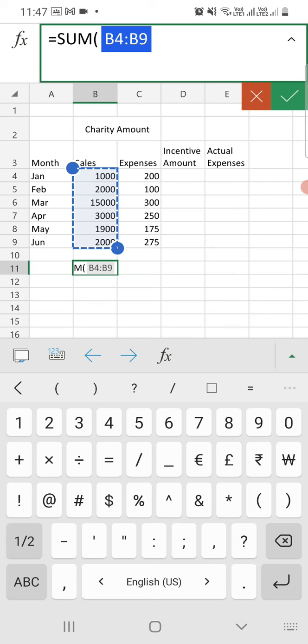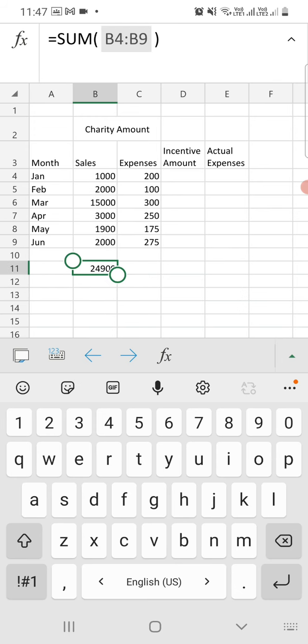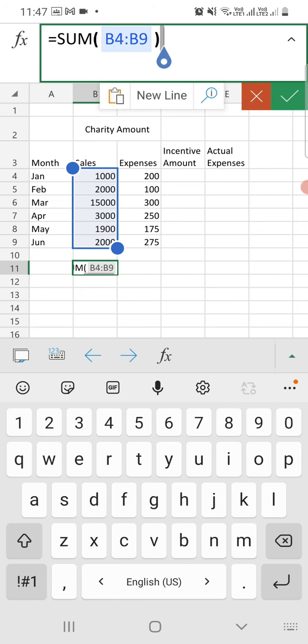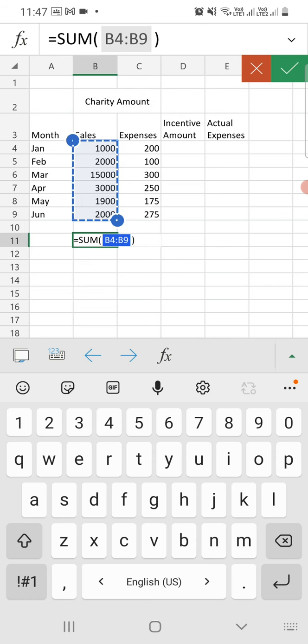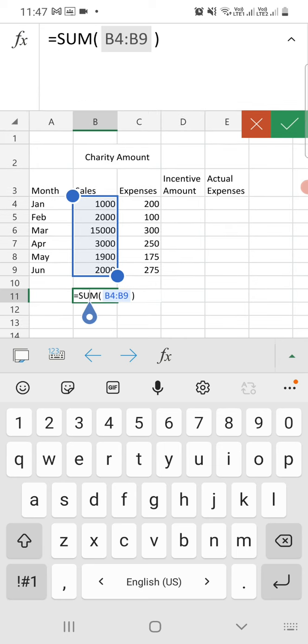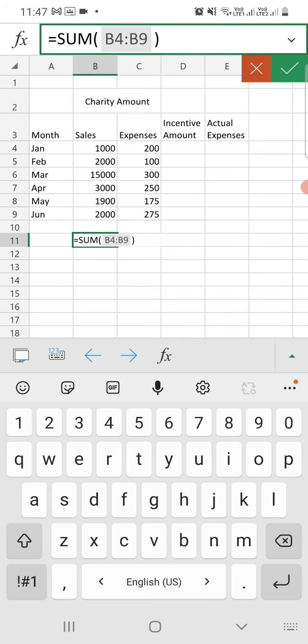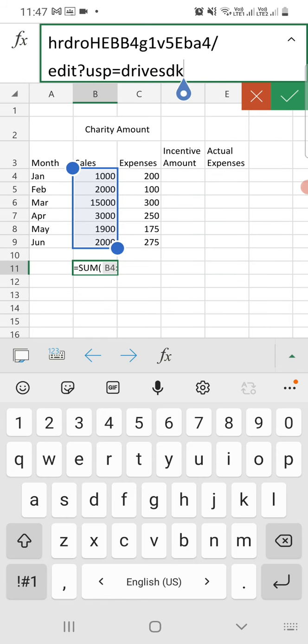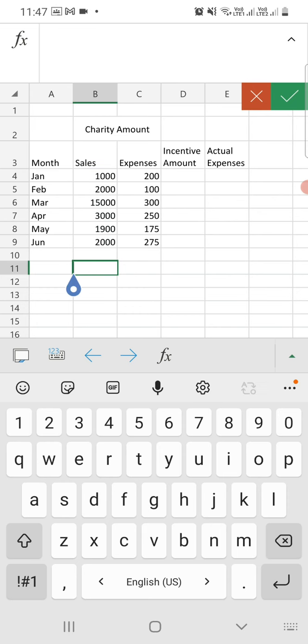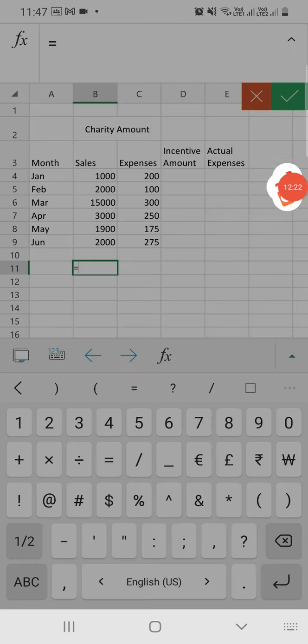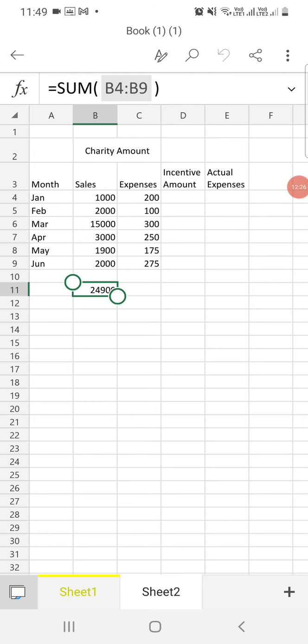Just click on the copy button. Okay, so just select the cell that you want to copy.